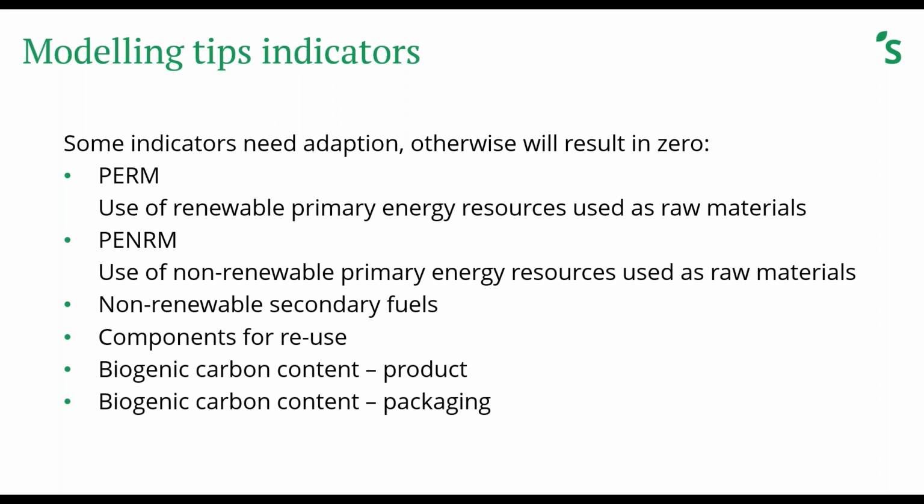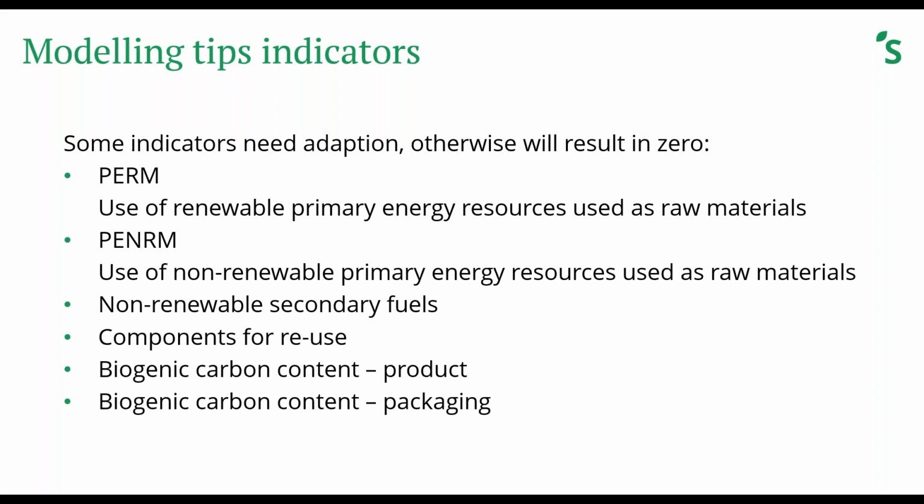There's much more to say, but we thought, let's take these 6 indicators to pay some attention to, because if you do a calculation with SimaPro and the EN15804 ecoinvent library out of the box, there will be zeros or no results for some categories. It might be good to explain a bit; they are mentioned here.